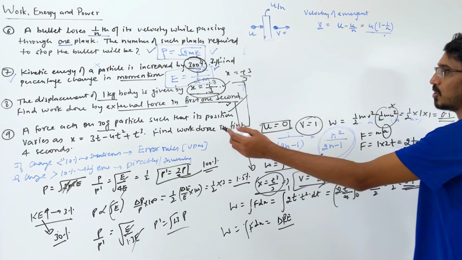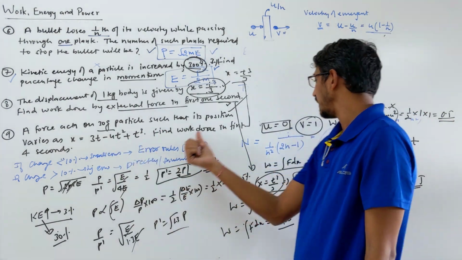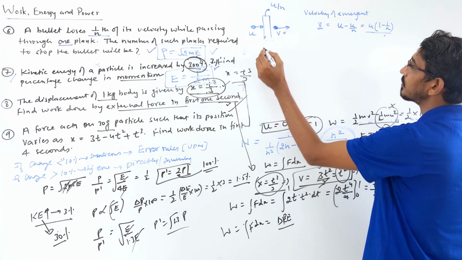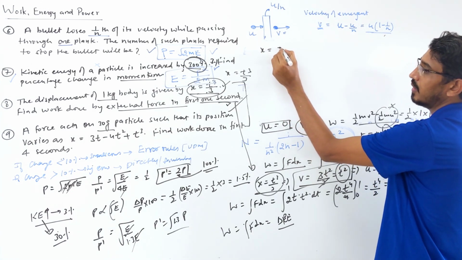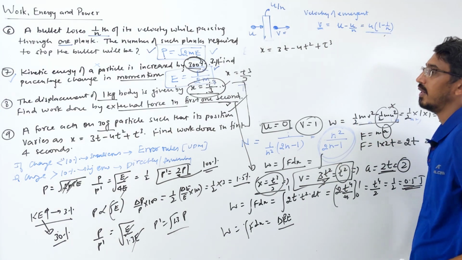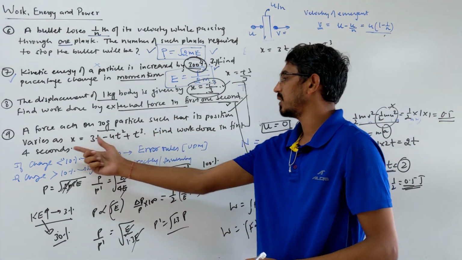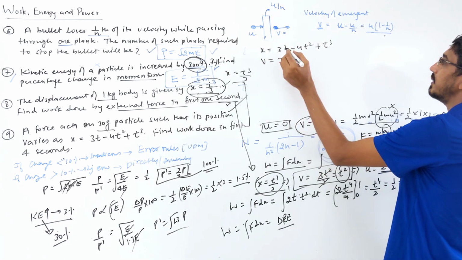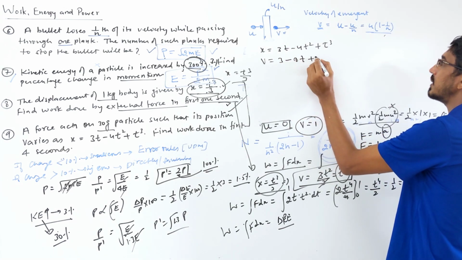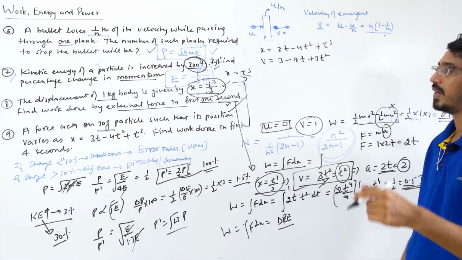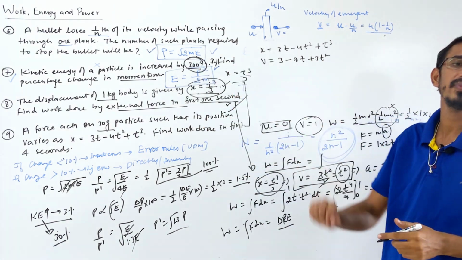That becomes very long actually because a long equation is given here. So that method will be easy, the work energy theorem will be easy. Let's do it here. Displacement is given as 3t minus 4t square plus t cube, and mass is given. Again they are asking for the work done in the first 4 seconds. So let's find velocity. Velocity becomes 3 minus 8t plus 3t square, that is your velocity. Let's calculate the initial velocity and final velocity by putting in time.